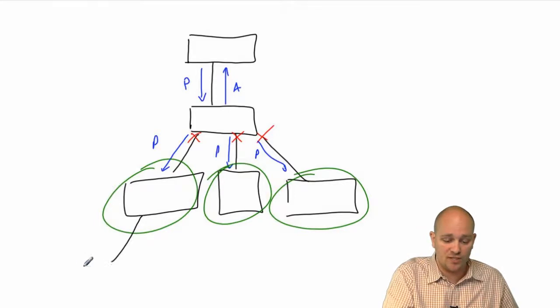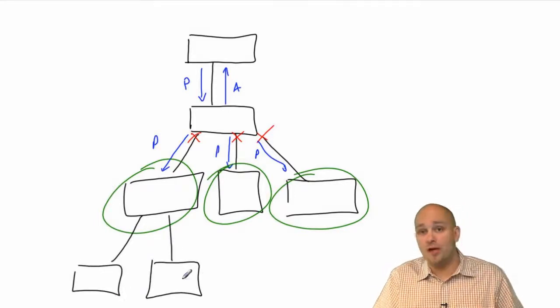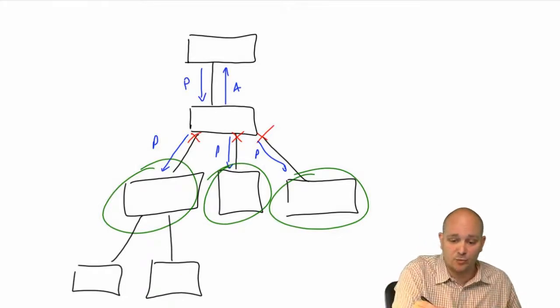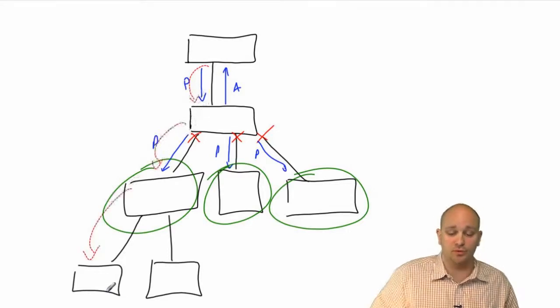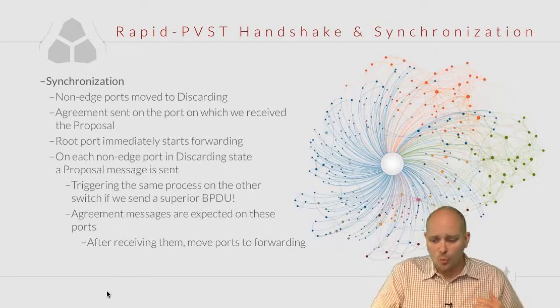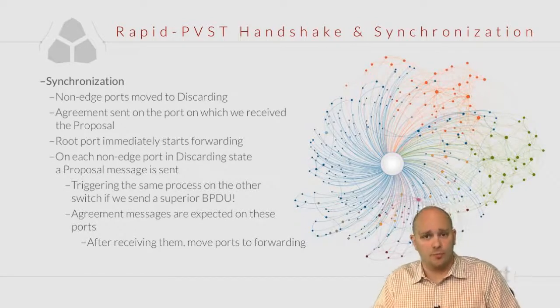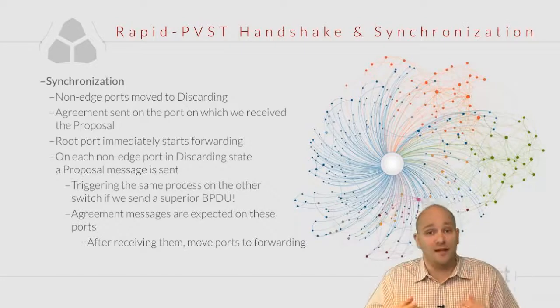If these switches have downstream switches, they are going to repeat the same process that we have started here. So we had the proposal, we are sending the proposal, and the proposal goes out just like this. Once we send our own proposals, we are basically going to be expecting and waiting for